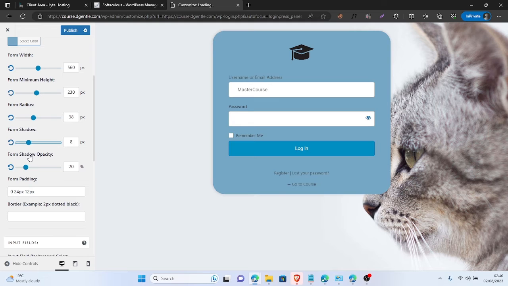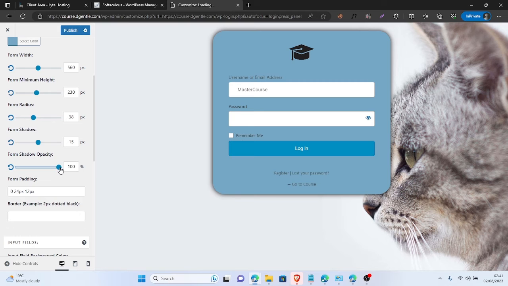I just want to keep it at 10, or you can just type in 10 there. Make it 11 or maybe 15, or you just drag this. It still takes effect. Then the shadow, maybe the spread and the opacity, I want to leave it as